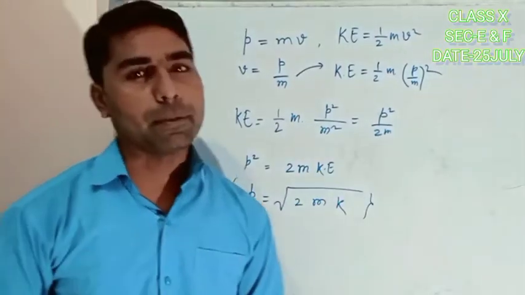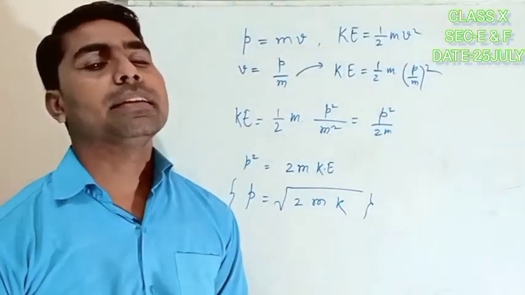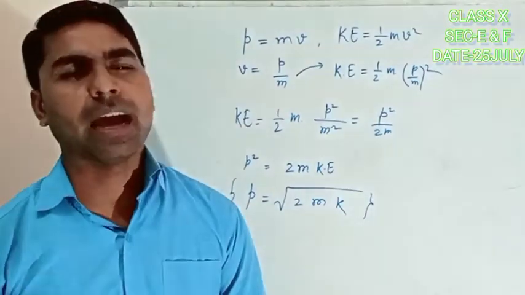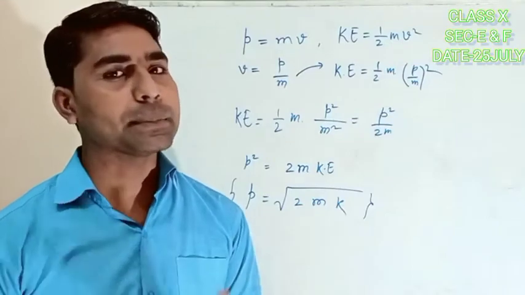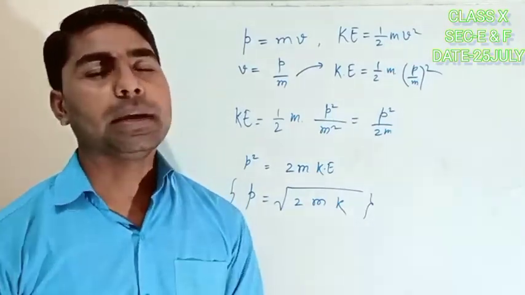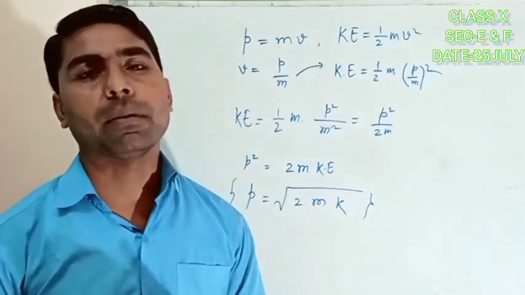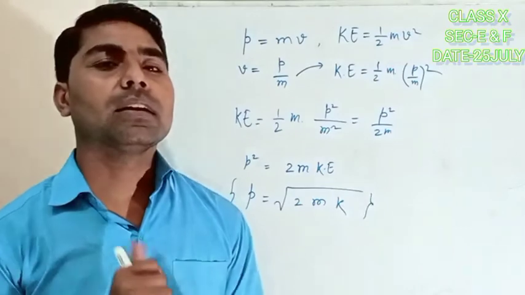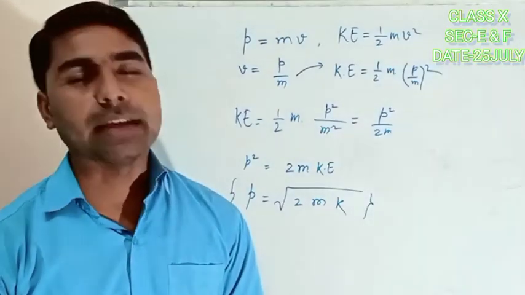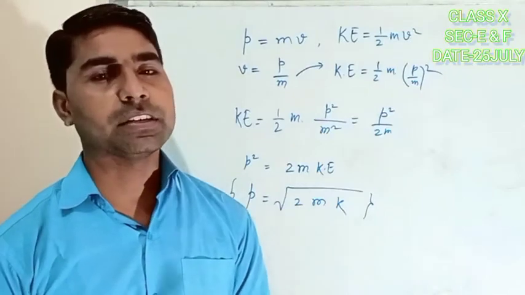There are types of potential energy: the gravitational potential energy and the elastic potential energy. And one more is the electric potential energy, which will come in a further chapter, chapter 8 or 9, where I will discuss this topic. But here we have two types of potential energy: gravitational potential energy and elastic potential energy. What is gravitational potential energy?